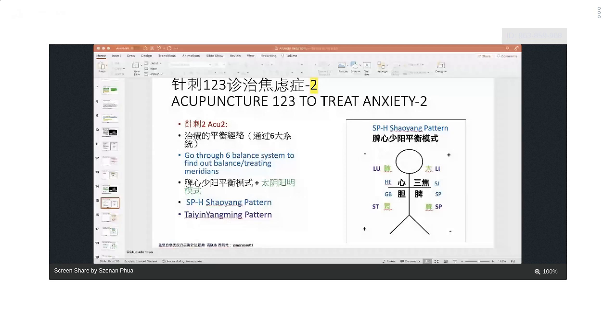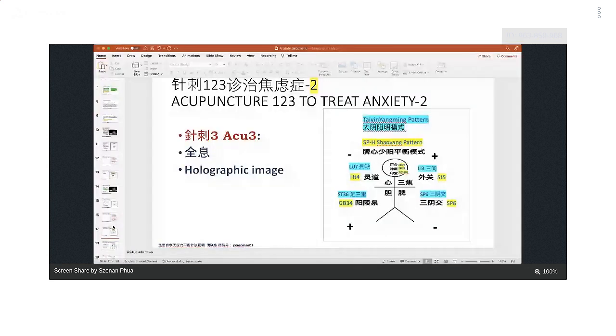Okay, thank you. So you can take a picture of this and you can apply it on your patient, but you must make the right diagnosis. Okay, here you go. This is the Tai Yin Yang Ming pattern and the heart Shao Yang pattern. We combine both together. And look at the background of the blue. That's blue, right? On the lung, we choose Lieque, lung 7, on the right side. On the large intestine, we choose Sanjian, large intestine 3